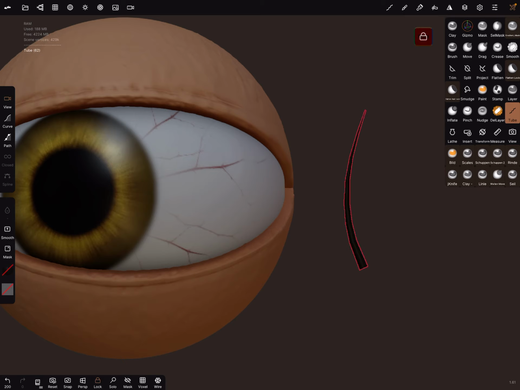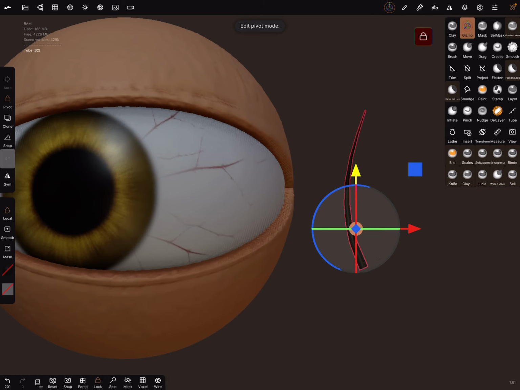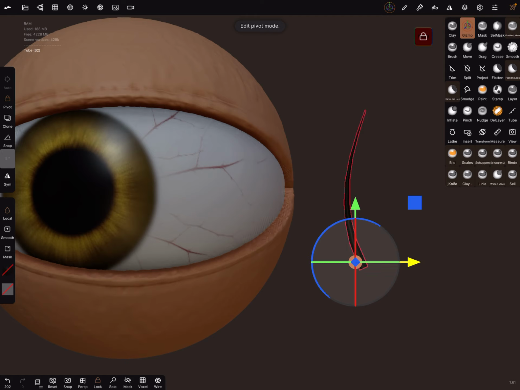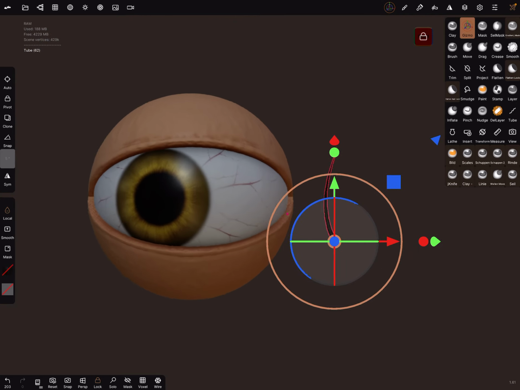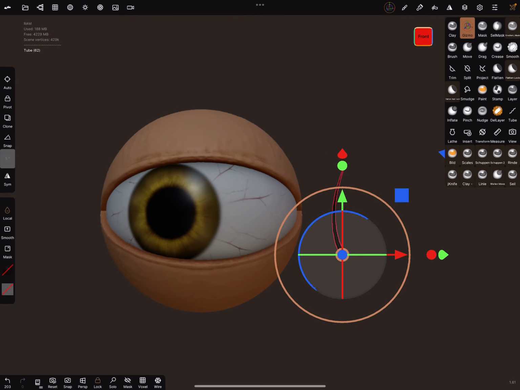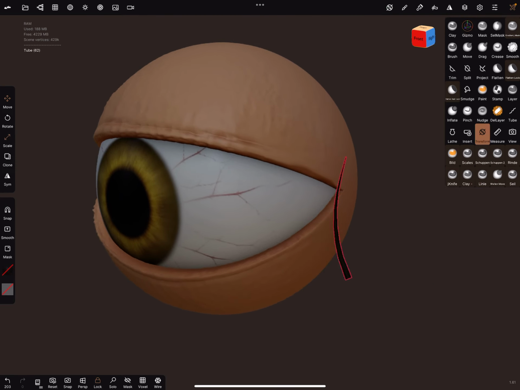The next step is to use the Gizmo tool. And now on the left side there's the pivot function. Press it and bring the pivot to the point you want to insert it. Okay, when you're fine, press the pivot button again. Then you can unlock the view and rotate.